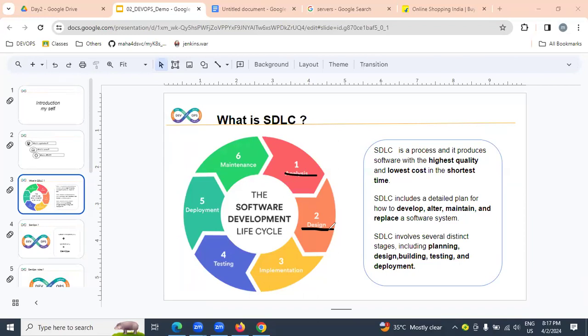Design is nothing but a plan. According to the plan, our developers will write the lines of code using Java, .NET, Python, whatever it may be.